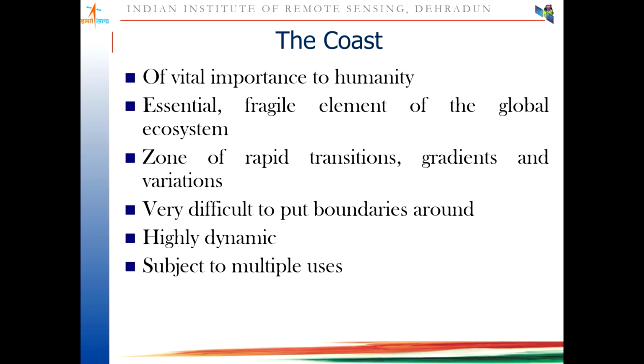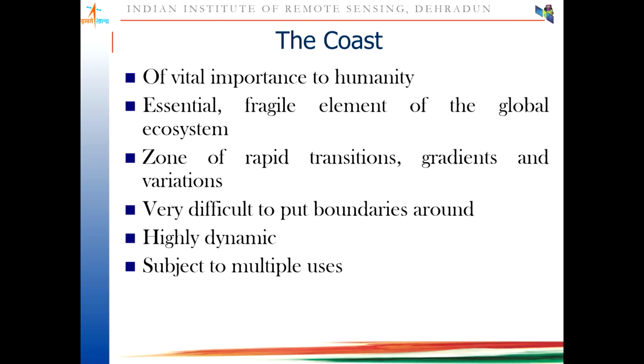and it is an essential and fragile element of the global ecosystem. It is a very important, very complex ecosystem, and also very fragile. That means if you disturb one part of the coastal ecosystem, it is going to disturb the other part of the coastal ecosystem. Like if we cut the mangrove, it has a very long effect on the other coastal ecosystem,